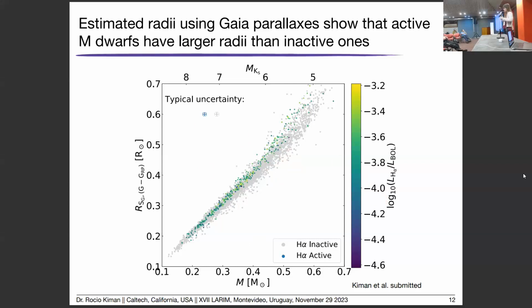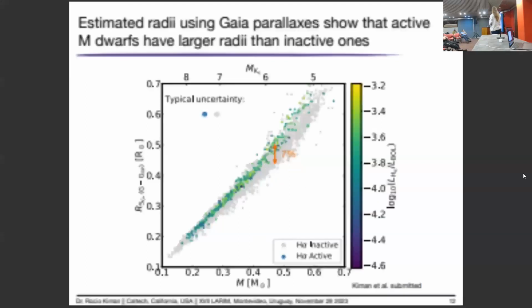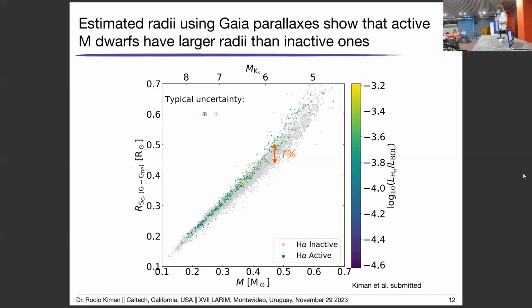So what we can see right away is that active stars have a larger radius than the inactive stars. And if we calculate approximately how much that is, it's like 7%, which agrees with what the literature says. And that value also gets smaller for smaller masses, which is also known. Around the fully convective M dwarfs, the inflation gets down to 4%, which is too close to the uncertainties in our method. So it's not easy to measure the inflation at that mass regime. But there is a clear correlation between the two, and we can see that the active stars actually have larger radii.